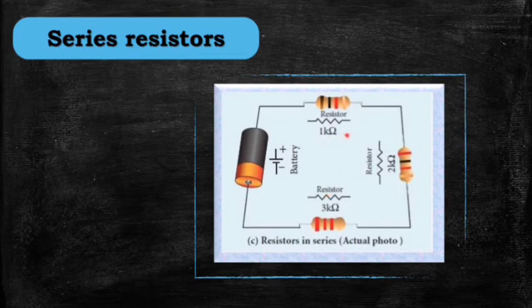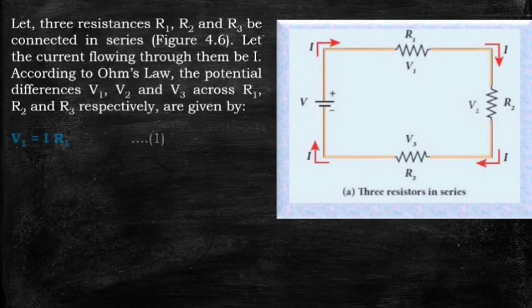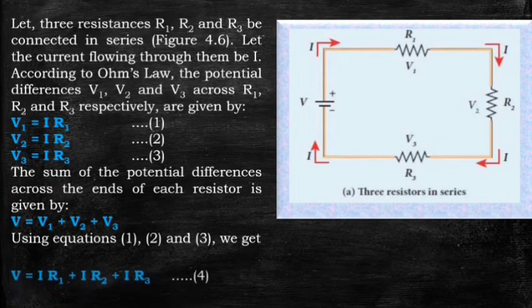Here it is a 1 kilo ohm resistor, here it is 2 kilo ohm and 3 kilo ohm. A single current is passed through all the 3 resistors. By adding 1 kilo ohm, 2 kilo ohm and 3 kilo ohm, we will get 6 kilo ohm. We can remove all 3 resistors and substitute a single 6 kilo ohm resistor. That is nothing but the effective resistance,